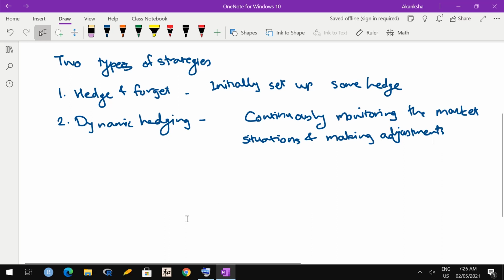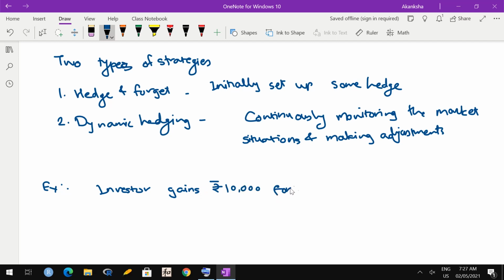So let us see an example of how futures can be used for hedging. Suppose an investor gains rupees 10,000 for each rupee 1 increase in the price of a certain commodity,